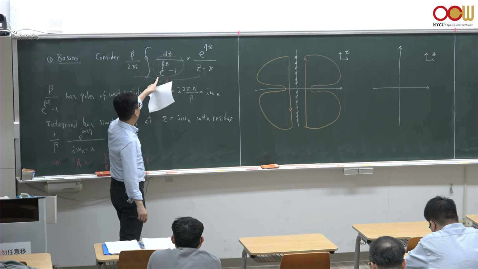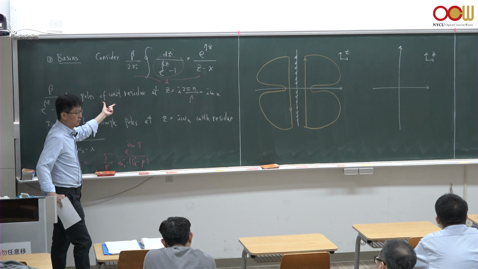When that happens, you get a simple pole because of this factor. This is precisely the even Matsubara frequencies, or bosonic Matsubara frequencies, and this factor, beta divided by e to the beta z minus 1, has poles right at these Matsubara frequencies for bosons,